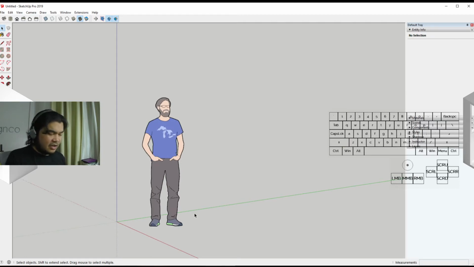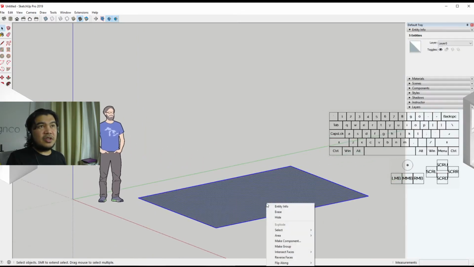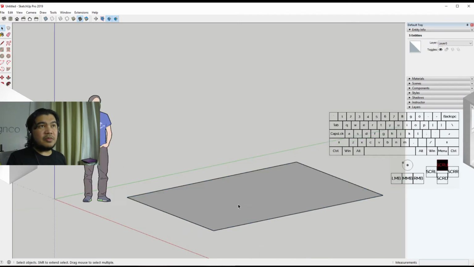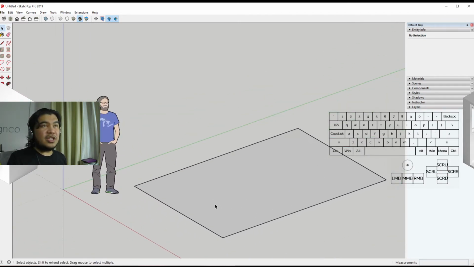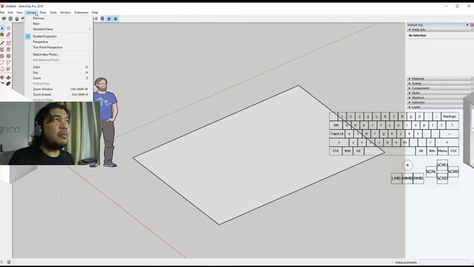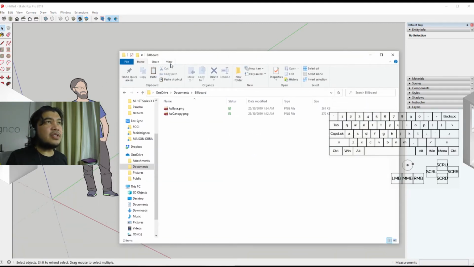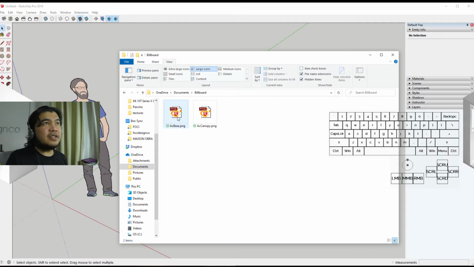Creating billboards are a little bit different. When you first create a billboard, of course, you need the face where your image will be, and you need an image with a transparency, which can come in the form of PNGs, TGAs, TIFFs, things of that nature. I happen to have a couple over here. Let's see what they look like. They don't want to show themselves. Okay,